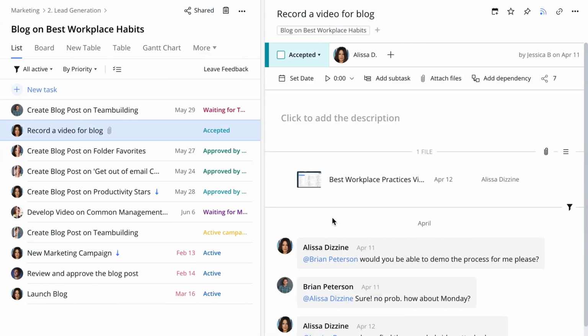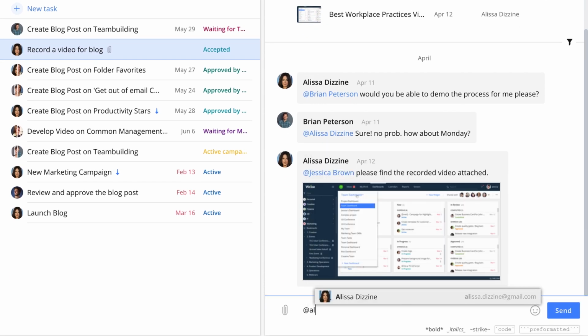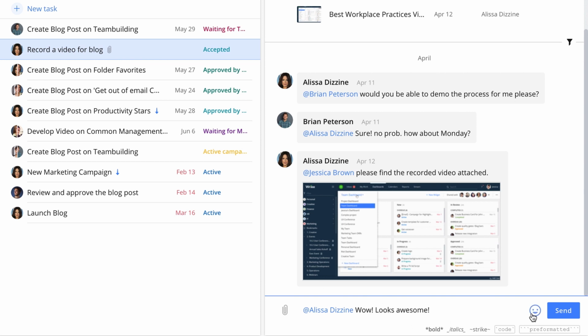After the project is initiated, your job is to make sure that folks update task statuses, ask questions if something isn't clear, and share assets and progress upon delivery. Don't forget to praise great work. As you start using Wrike, you'll find more ways you can improve your team's efficiency. We'll share more best practices and other videos.